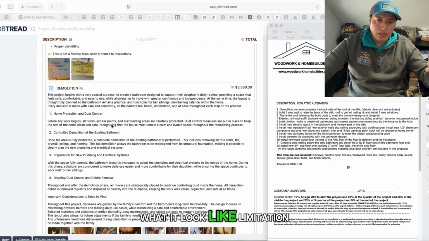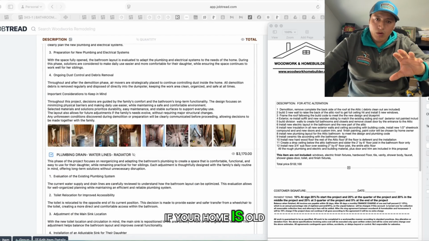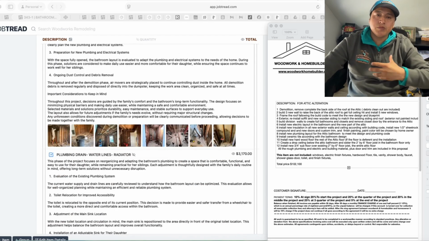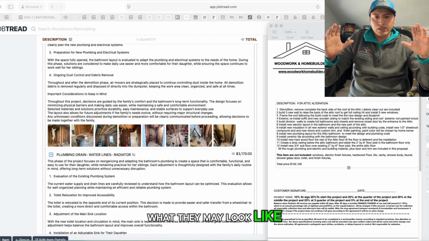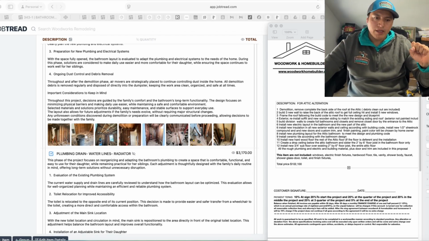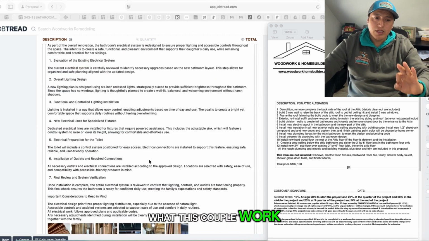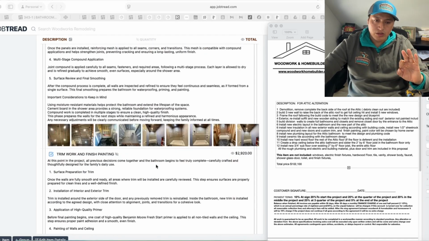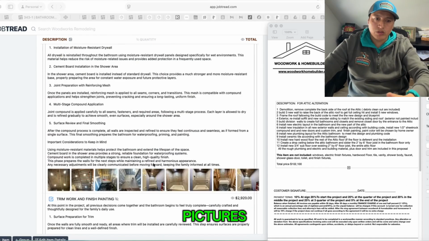What does the demolition look like? What if your home is old, what should you expect behind the wall? You get to understand what the remodeling may look like. So you really need to understand the scope of work and also what your selections are. And the contractor should inform you through the entire process what it's going to look like, with pictures in the best way